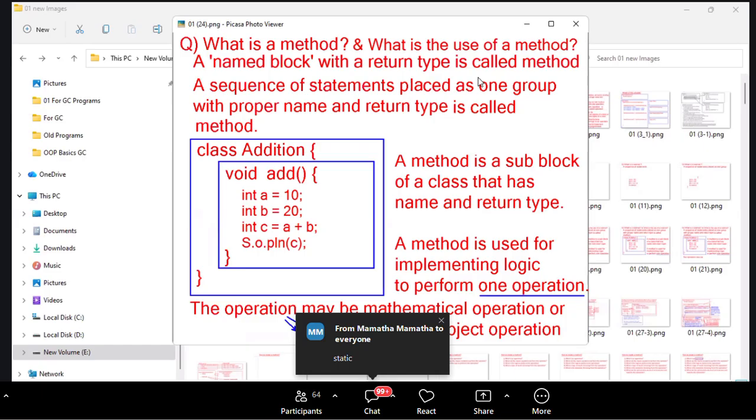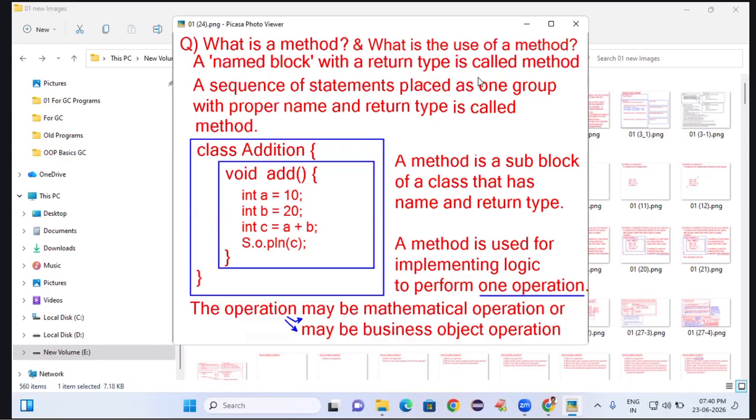Read again. The operation may be a mathematical operation or a business object operation. To develop a mathematical operation, create the method as static. It's a recommendation. Up to now, understand? Tomorrow you have to develop so many mathematical-based programs and object-oriented programs. Understand? So tomorrow, when you're writing a program, if you don't choose the correct method creation,